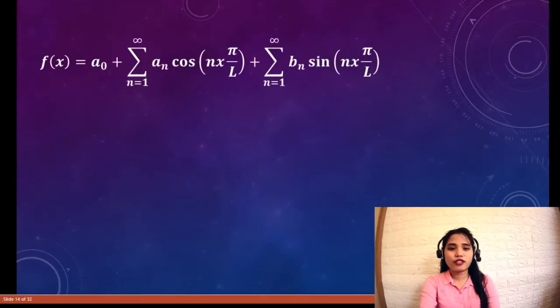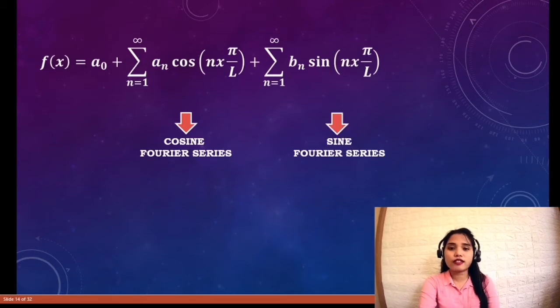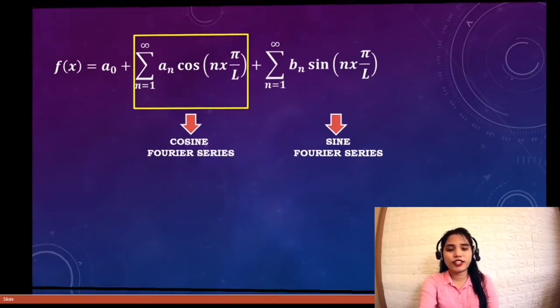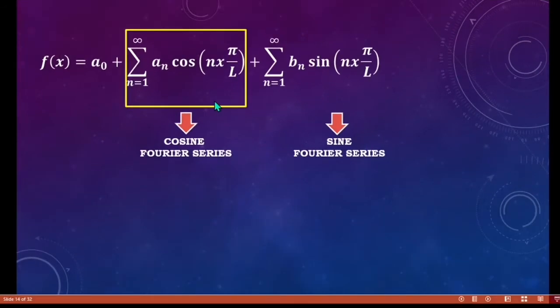So we have this formula. This part here is a cosine Fourier series, and this part here is a sine Fourier series. Now, let's try to look at the cosine Fourier series. Cosine Fourier series uses sigma notation, just like the sine Fourier series. This means to sum up the series of values starting at n equals 1. So it means a sub 1 cosine 1 x pi over L,